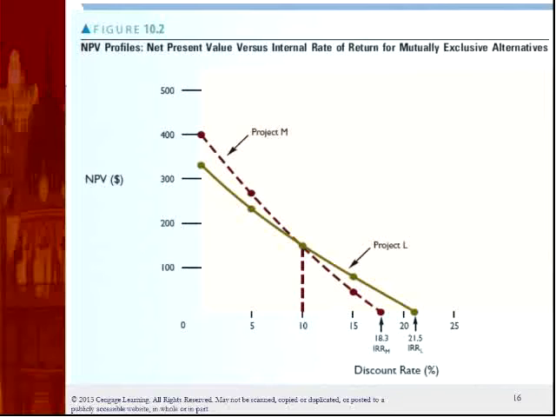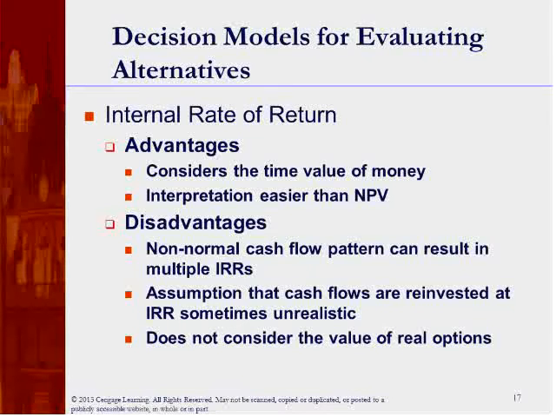NPV is better for one and IRR is better for the other. When will this happen? I'll come to that in a few minutes. The advantage of IRR is it considers time value of money and the interpretation is easier than NPV. The disadvantages are that a non-normal cash flow pattern can result in multiple IRRs. The assumption that cash flows are reinvested at IRR is sometimes unrealistic, and it does not consider the value of